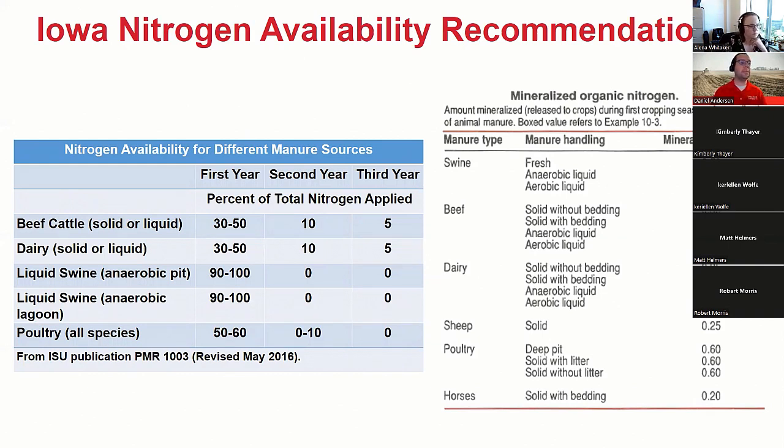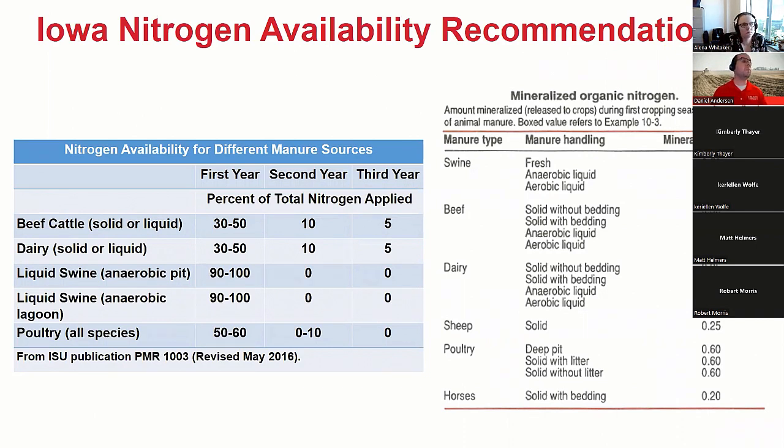If you take a manure sample out of a deep pit, on average in this state, 80% of it is ammoniacal nitrogen while it's in the manure pit. That ammoniacal nitrogen is already in a plant available form, right? So it's not surprising to say that a very high percentage of that nitrogen must be plant available.